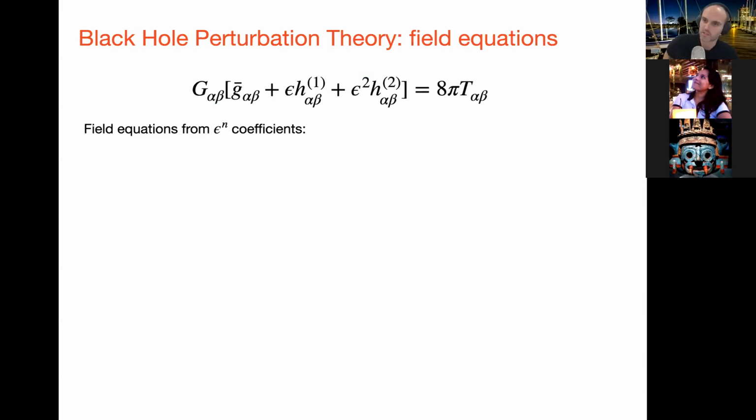Okay, so we know we need to go up to second order. That's what we need to do. So let's see what the field equations look like. And again, I'm just going to sketch things here without getting into the gory details. So we're going to take our expansion. We have our background metric, Schwarzschild or Kerr, our first order metric perturbation, and a second order metric perturbation. We'll shove that into the Einstein operator and expand out order by order.